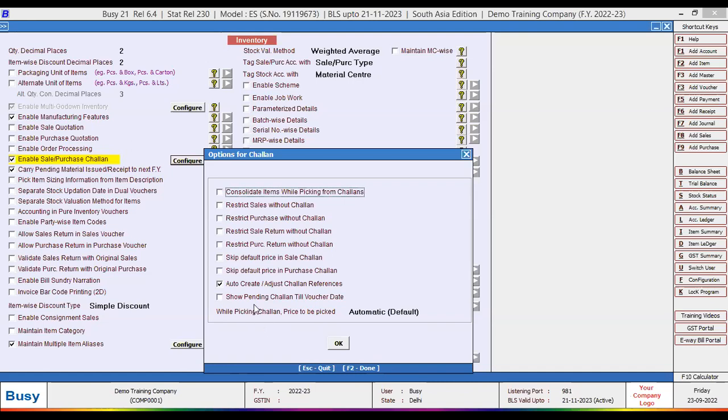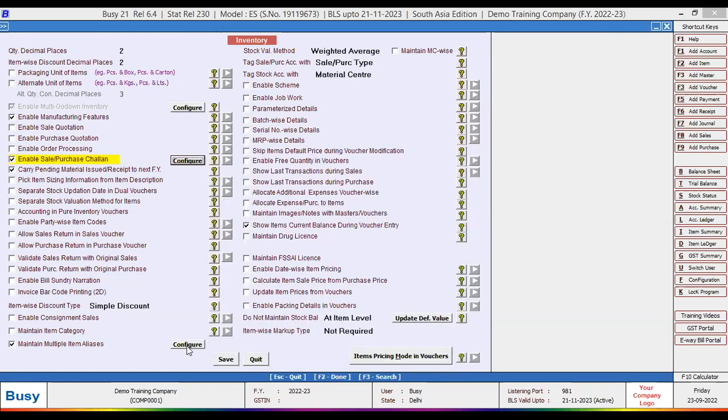Another option is, if you want to maintain auto create and adjustment challan reference, you have to select this option. In such a scenario, you don't need to put your challan number or reference number manually when you are doing a challan entry. The voucher entry will be treated as your auto challan number, reference number for that particular challan entry. Next, if I enable this option and I save this button,